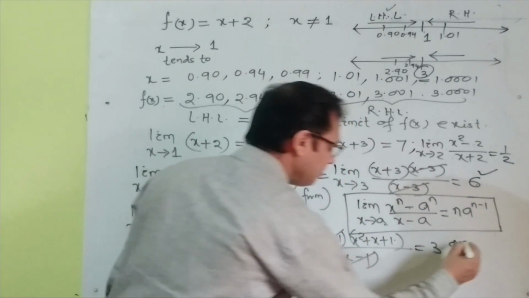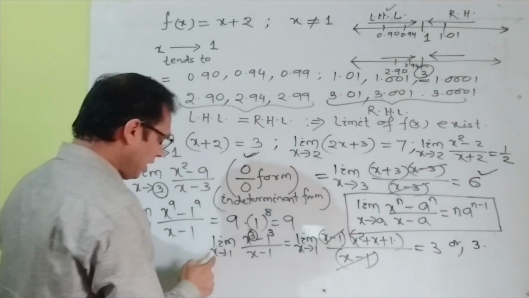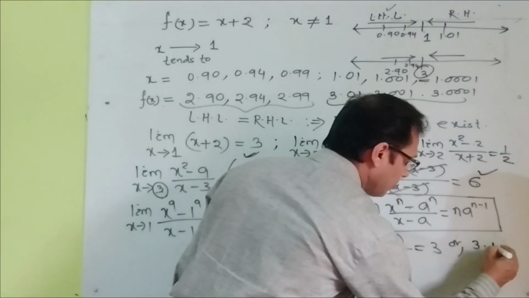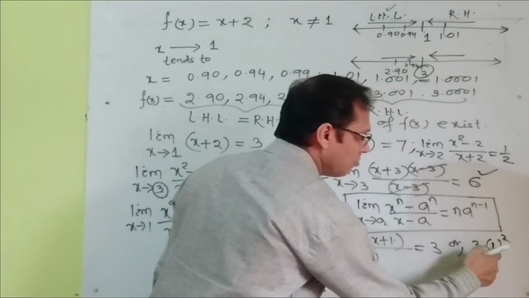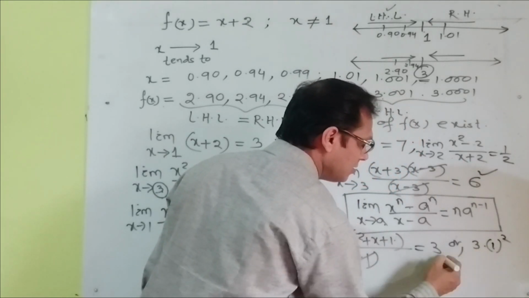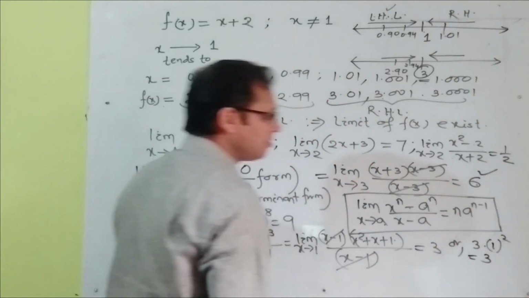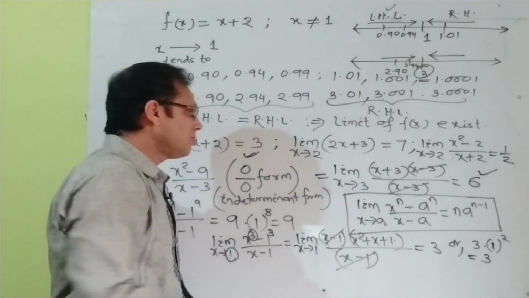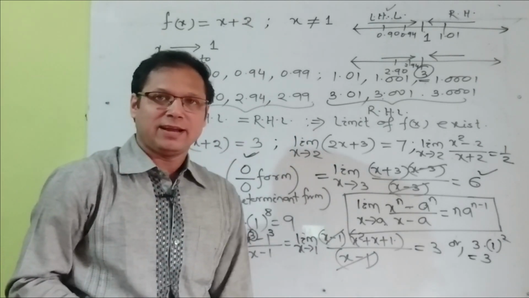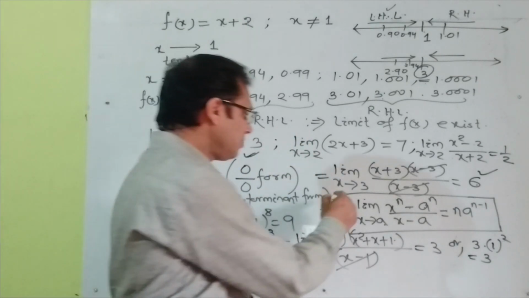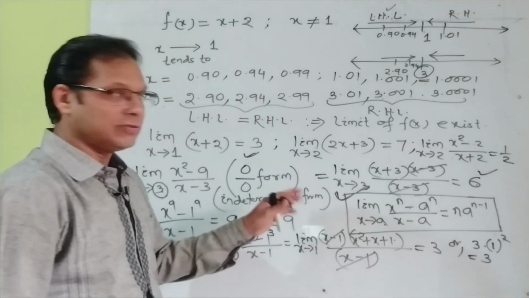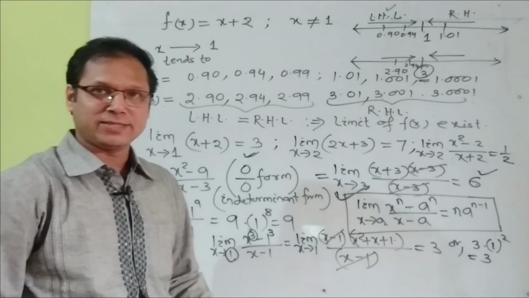Or in other words, using this formula, here n is equal to 3 into, x tends to 1, a is equal to 1, that is 1 to the power 3 minus 1, that is 2. 1 square is 1, 3 into 1 is also 3. Okay, so likewise you can find. So make a note. Now we will take some properties and some standard formulas, and using these standard formulas we will take some examples about the limit. Okay, so make a note first.